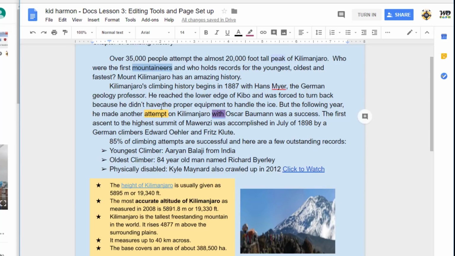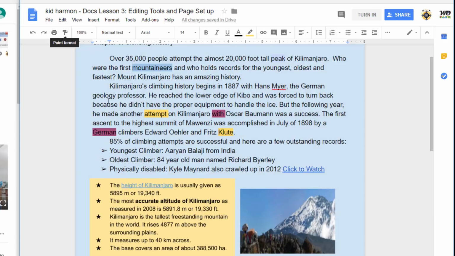Right now I'm going to double click that purple, and I'm going to use the neat paint format, and then I'm going to click the word German. I'm going to double click attempt, and I'm once again going to grab paint format, and I'm going to add that format to another word. So I just wanted to show you how easy it was to highlight and how easy it was to use